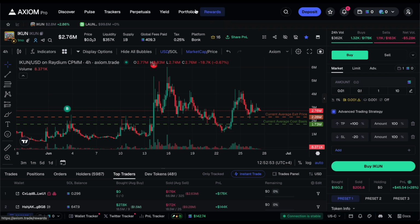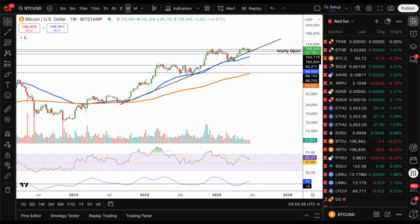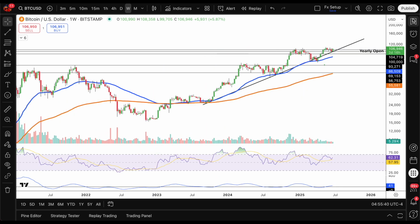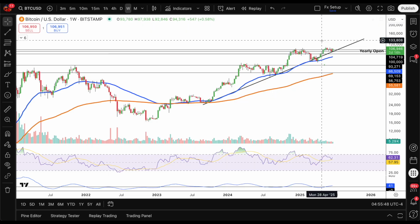And the next would be TradingView, a huge resource and tool that you should definitely be using. It is free, and millions of people use it. You could track all markets, stocks, equities, forex, crypto. You can build your favorite lists, so you're always on top of your favorite cryptos. You can use hundreds, probably even thousands of different indicators and all the different tools and features that they have